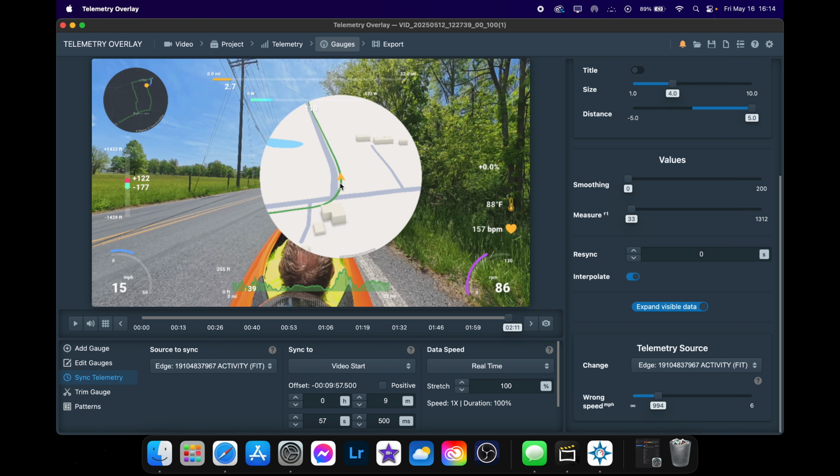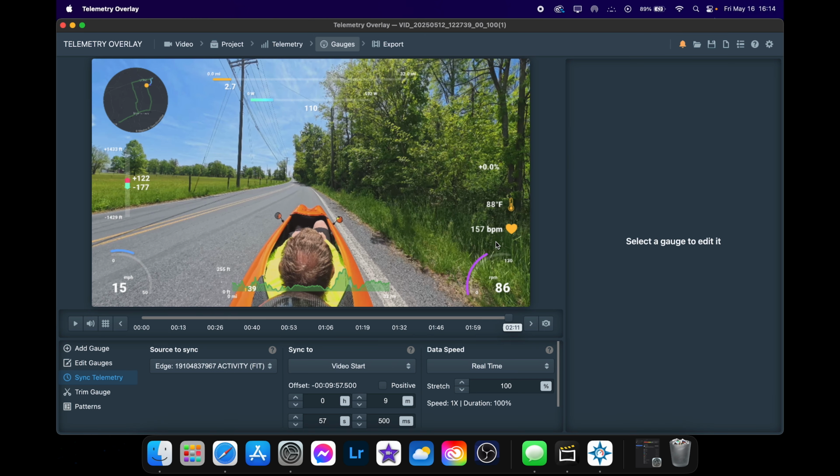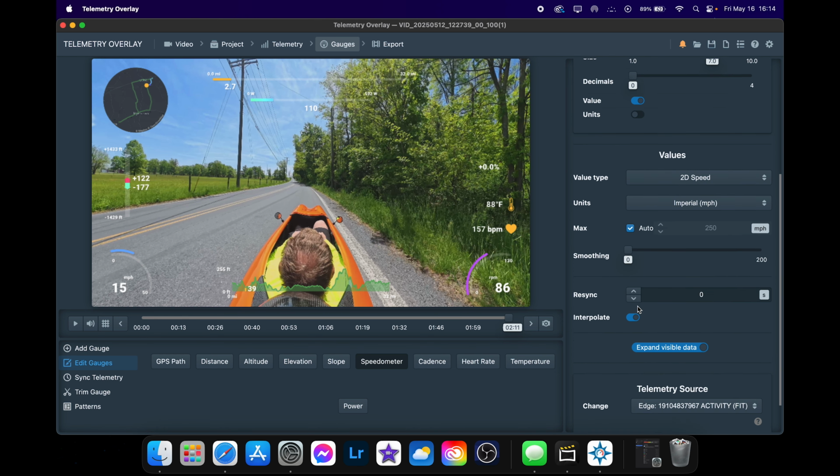Then what I do usually is I go ahead and delete this map, and your telemetry is synced. Now there's a couple other things you can do on here. Like for example, here you'll see the max speed is 50 miles an hour. We did not hit 50 miles an hour in this video clip, as you saw. So what I'm going to do is I'm going to go ahead and